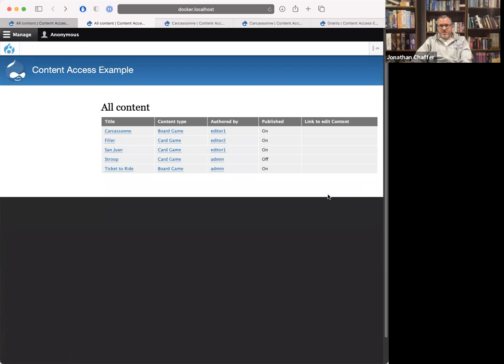Okay, so first off, I built a little basic Drupal site with 2 content types on it, made a little content, assigned it to different authors, and have some published and some not. So the first thing, before we even get into the modules that might be on or off, I want to call out